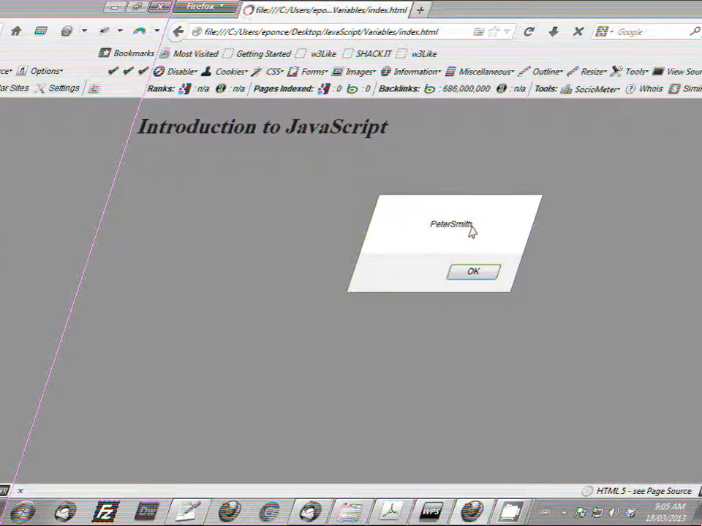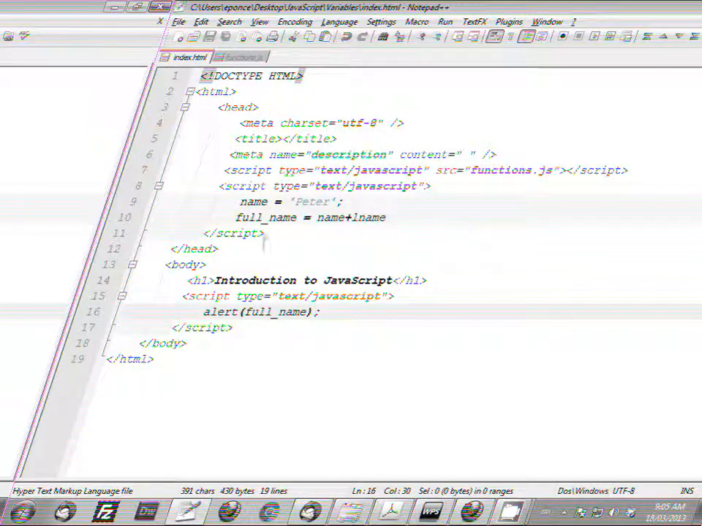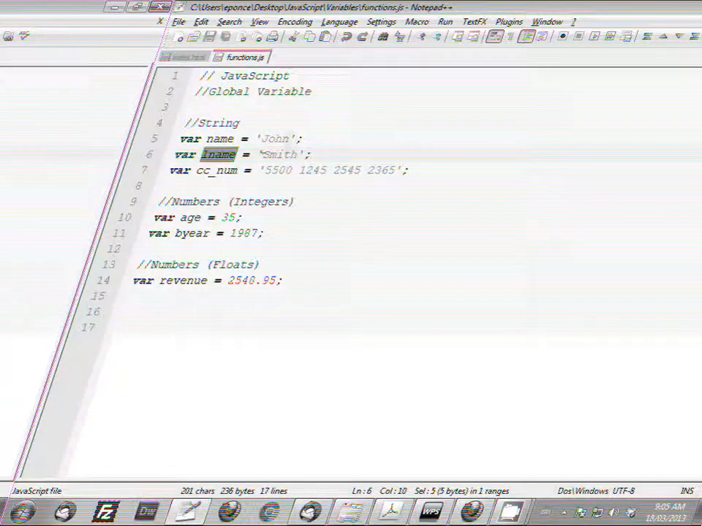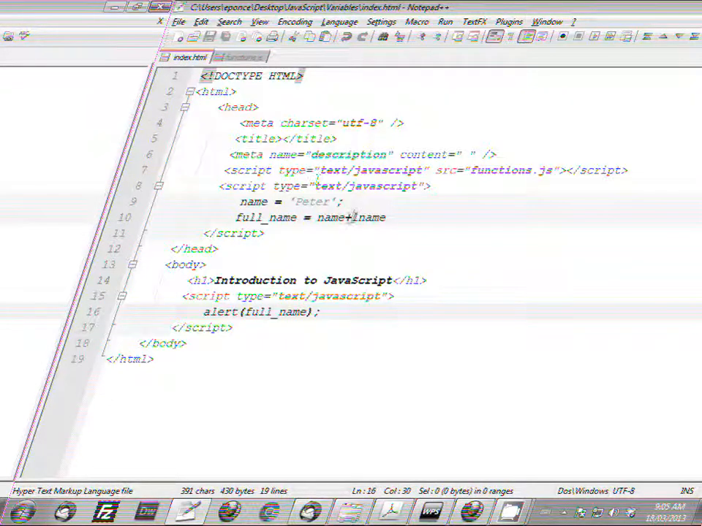Peter Smith. Now, if you notice, Peter Smith is together. There's no spaces. Why? Because name and last name have no spaces at all. I'm joining both variables together. So I can concatenate them adding a space. So I'm going to add another string, therefore I need quotes. Quote, space, quote. My string now is the space, it's a character,